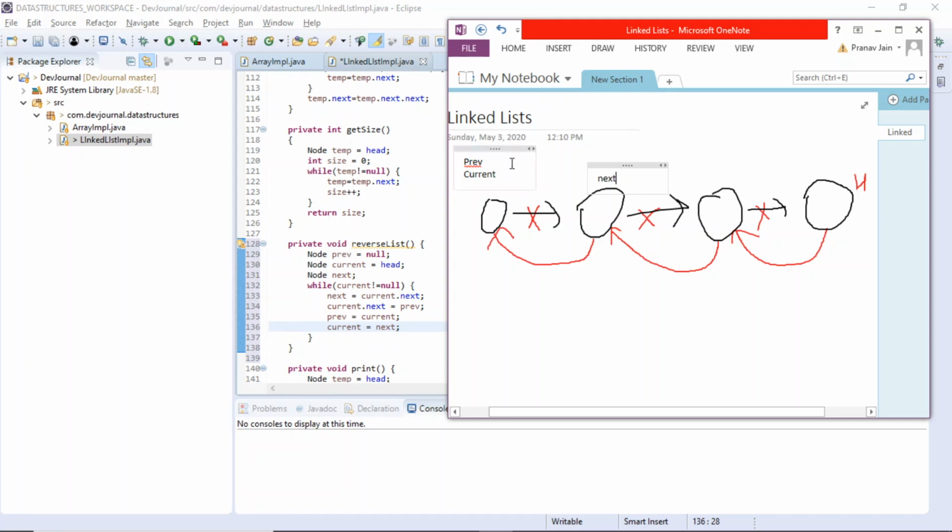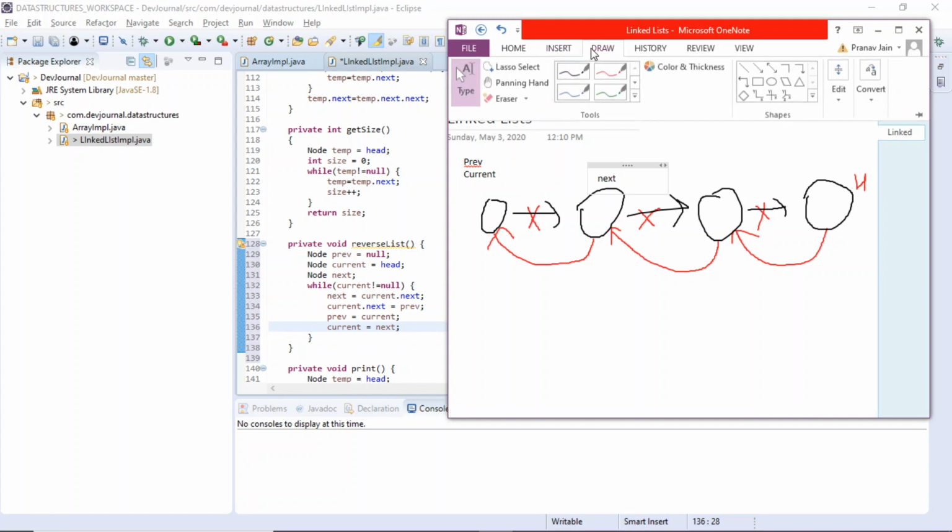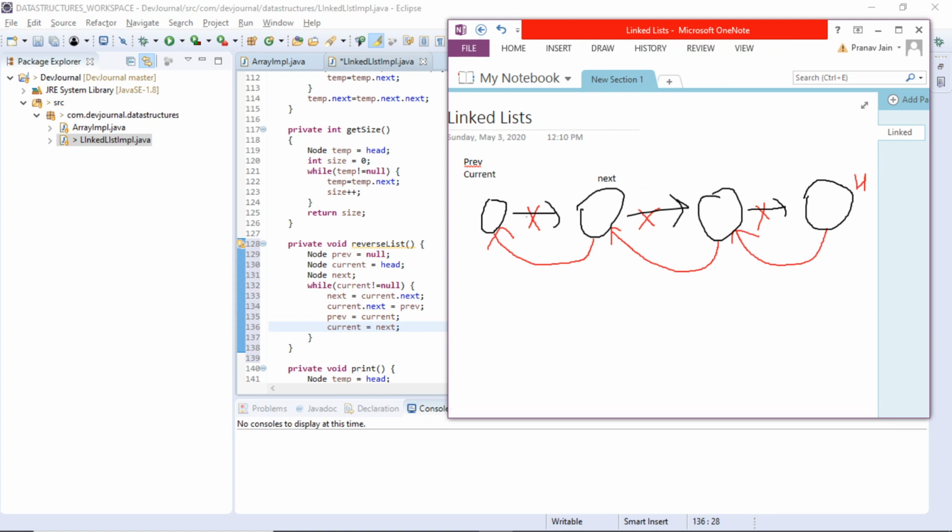Current dot next equals to previous means I am saying this should point to null. So this will point to null. Now we have done our first task.